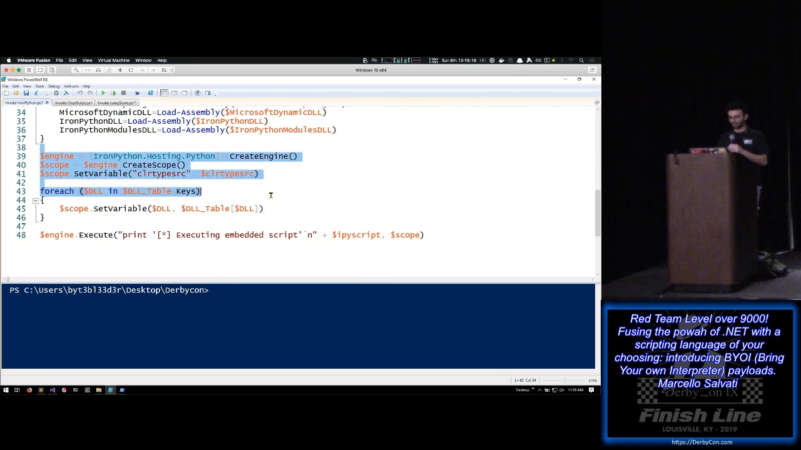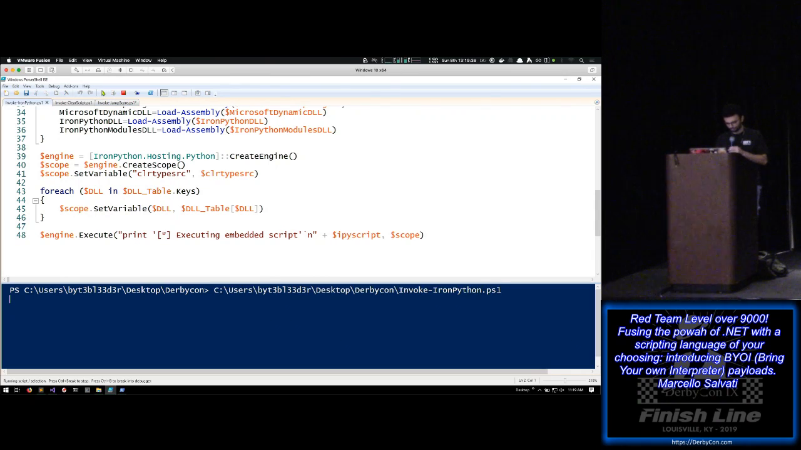Once we load those assemblies, we now have access to IronPython hosting and Python.CreateEngine. This is what actually spins up the Python engine. And then we can set variables in the engine itself. So we can actually set global variables directly inside the IronPython engine. And then after that, we're just executing the embedded script. Okay. So if I do load this up,